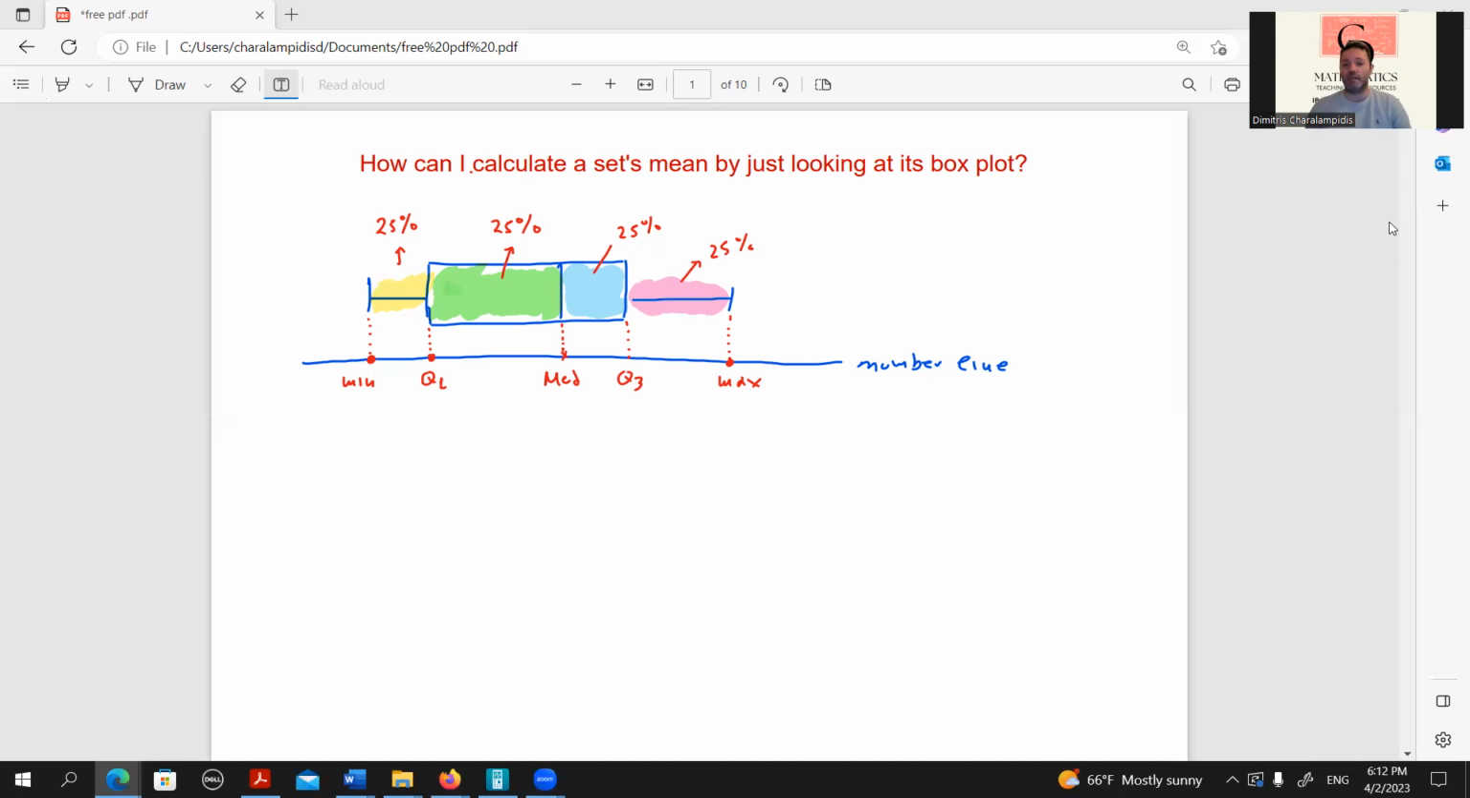So we've seen that the box plot can give us information regarding minimum, maximum, Q1, Q3, and median. What about the mean? How can we possibly calculate the mean by just looking at it? The whole key lies in the grouping process. Let's see an example. Let us assume that we have this number line, that we have this box plot over here,